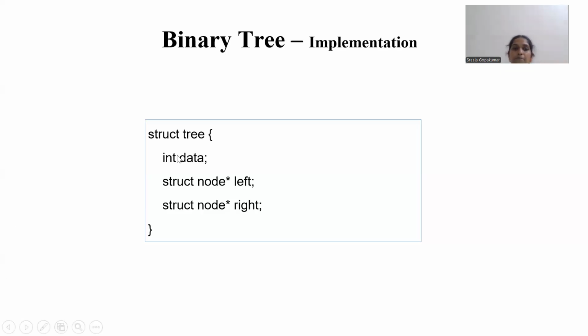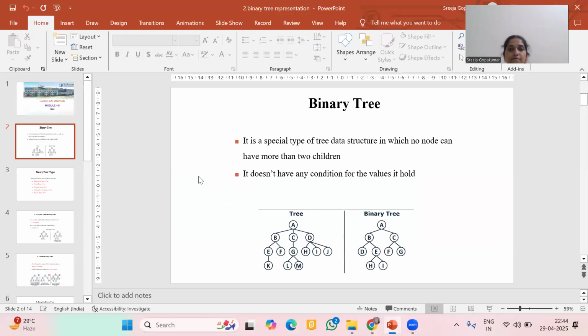The data part will be integer values, so int followed by the variable name. Left and right are the fields which hold the addresses of the child nodes. For the particular node we have created, it is struct node star left and right.